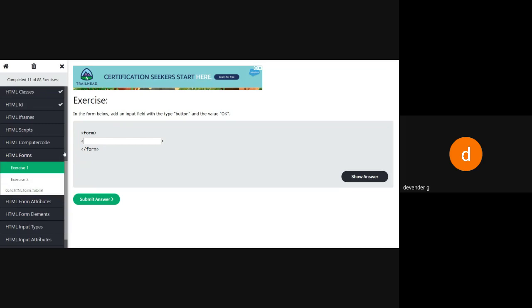We have a form tag and we need a button. So what do I have to say? Use input, type is equal to button and value is equal to OK.